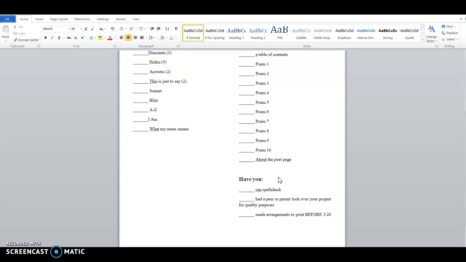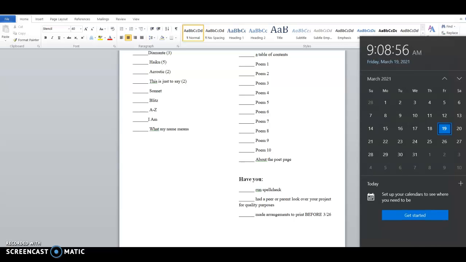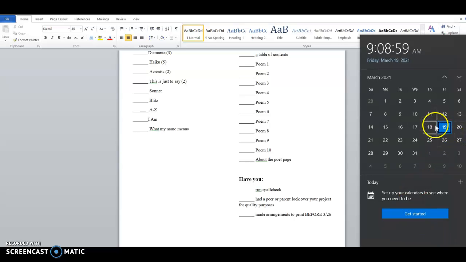Please make arrangements to print before 3/26. The reason why, and click on the calendar. We're officially setting a due date. Today is the 19th. We're going to have this poetry booklet for remote kids be due on the 26th. Cohort A people, the 29th. Cohort B people, the 30th. Okay? I know that's not fair,